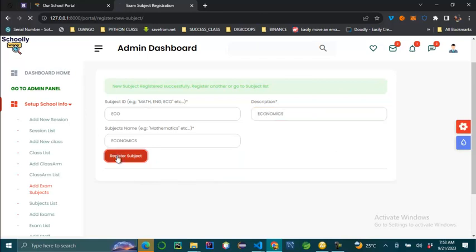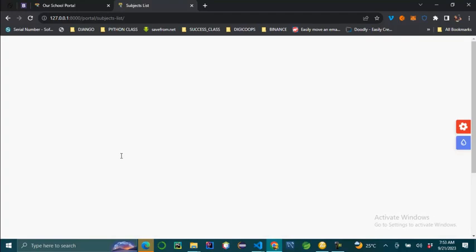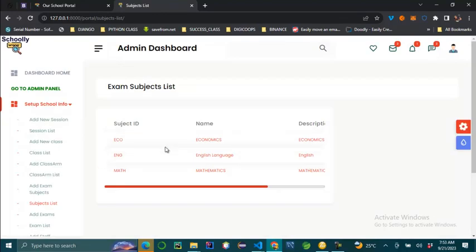So I'm going to register the subjects also. So you can see we are having a list of subjects. This is how we enter all the subjects in the school. This is to enable us to generate report sheets for the students. Just register all the subjects